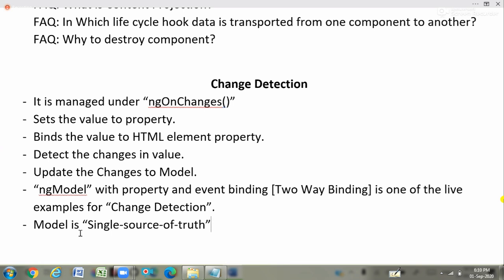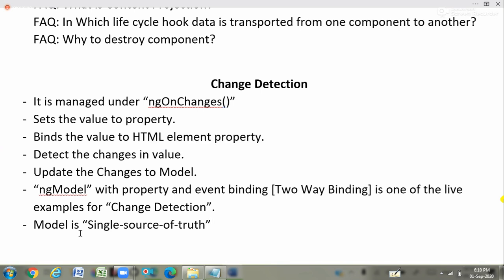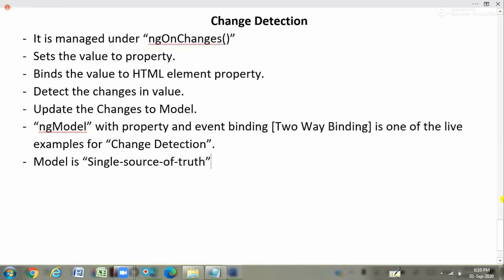That means it binds the data to the value, identifies the changes in the data, and updates those changes. That I explained there. And usually change detection is identified and managed